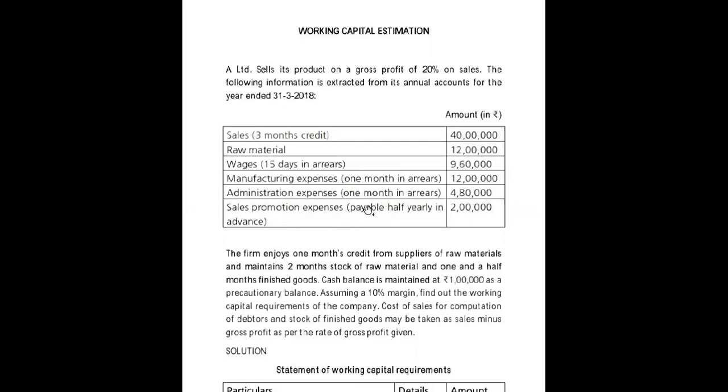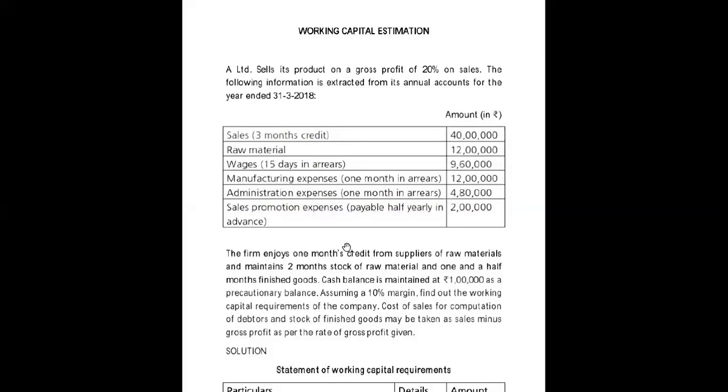Sales promotion expenses payable half yearly in advance. So we have 2 lakhs as the sales promotion expenses for the entire year. We can calculate half yearly sales promotion expenses, that is 1 lakh, 6 months expenses, and that 6 months expenses are payable in advance. So we have prepaid expenses over here. Sales promotion expenses are prepaid for the time period of 6 months, and prepaid expenses are taken as current assets